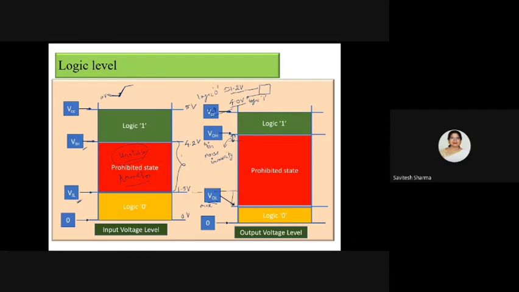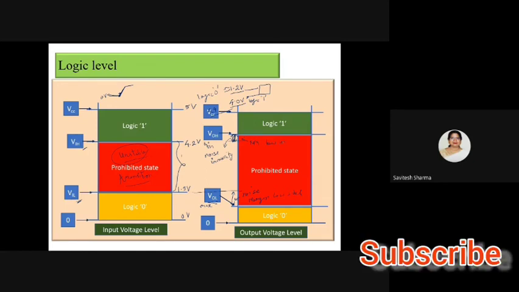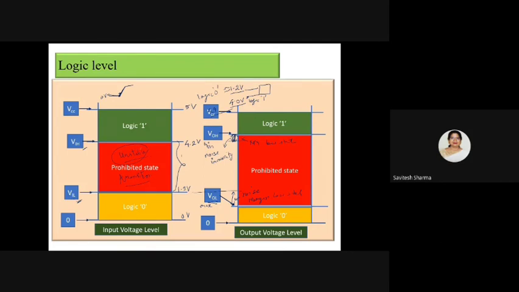So this is the noise tolerance, or we can say noise margin. This is my noise margin at the low state, and this is the noise margin at the high state. This is the range that my circuit can tolerate. This is a very important point, but I am not going into it at a higher level. Just to understand that a logic level is not a fixed voltage, it is actually a range.